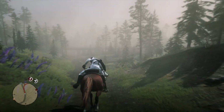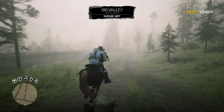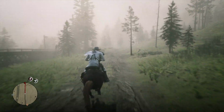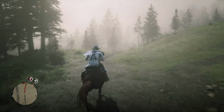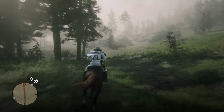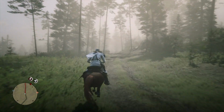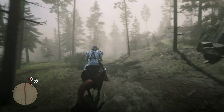In fact, I think mobile games are probably the most popular in the world just because of the access that most people have to smartphones nowadays compared to big PCs and expensive consoles. So that would make sense for Rockstar to sort of dip their toe into that as well. Now, the only thing that's a bit confusing with that is we've never seen Rockstar really do this in the